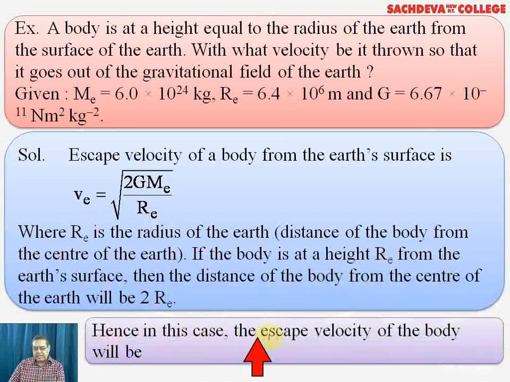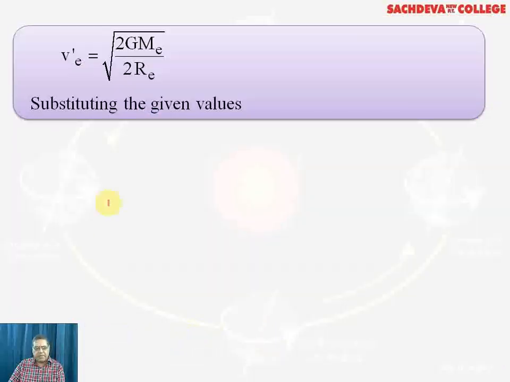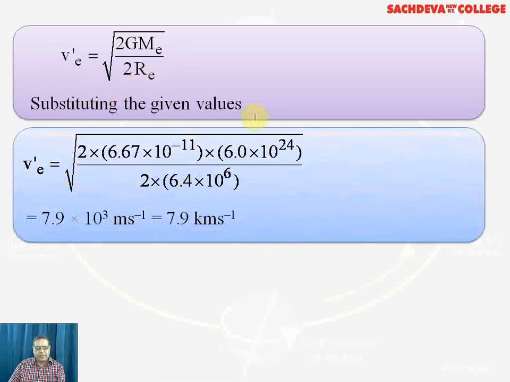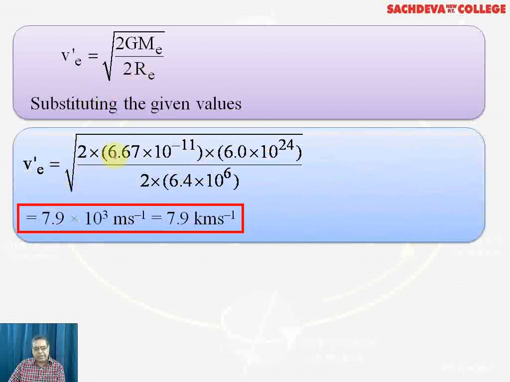Hence, in this case, the escape velocity of the body will be... Now, we put in the values according to the given question, and we will find V dash E, that is escape velocity under the given parameters. By substituting these values and making calculations, the value comes to be 7.9